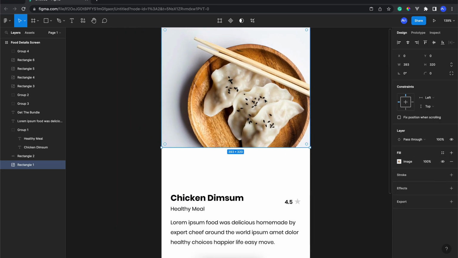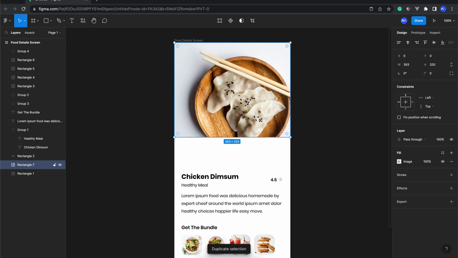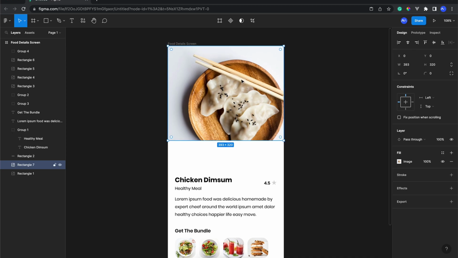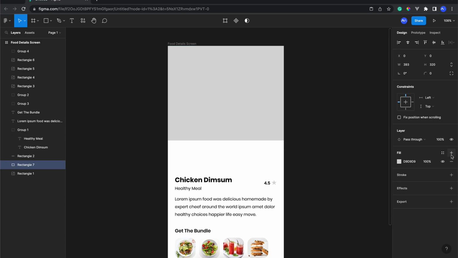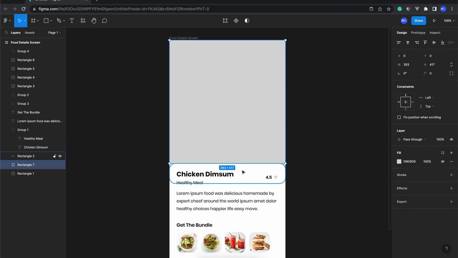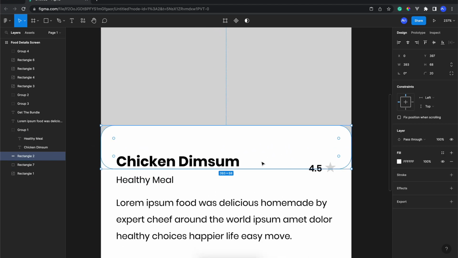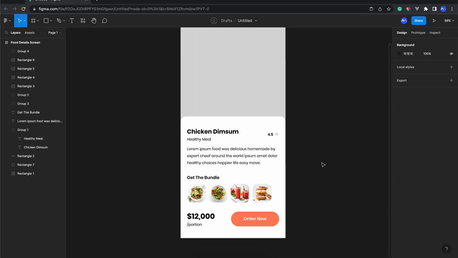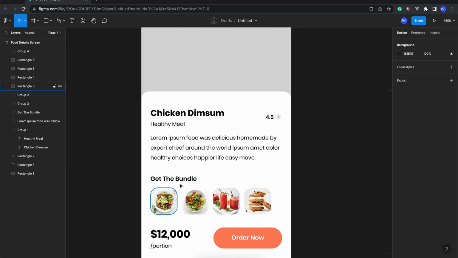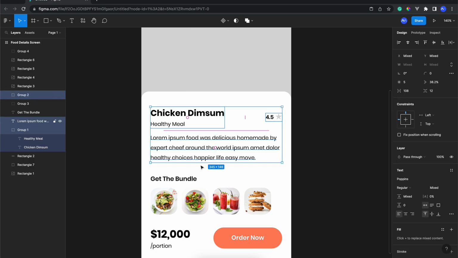I'm just gonna duplicate this rectangle one. Just use Ctrl D on your keyboard and remove this image and use this fill color, and then we can just make it like maybe 470, sorry, 17, and we can put this corner to the top like this. Okay, so for the next one, I'm going to select these layers.